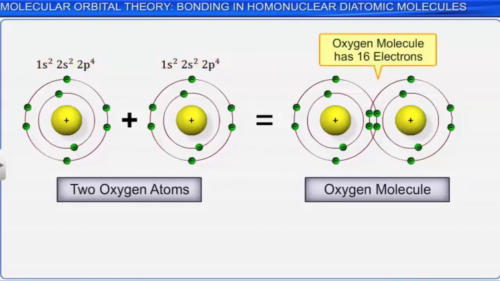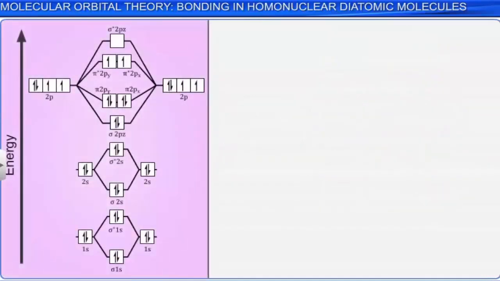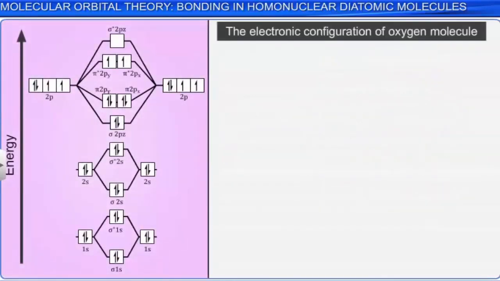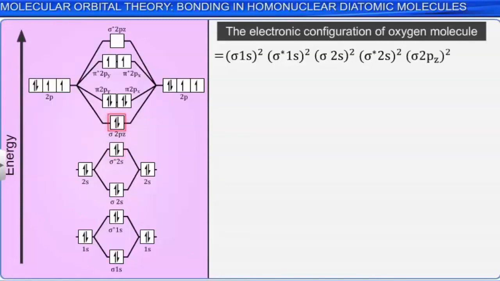The electronic configuration of oxygen molecule is sigma 1s2, sigma star 1s2, sigma 2s2, sigma star 2s2, sigma 2pz2, pi 2px2, pi 2py2,